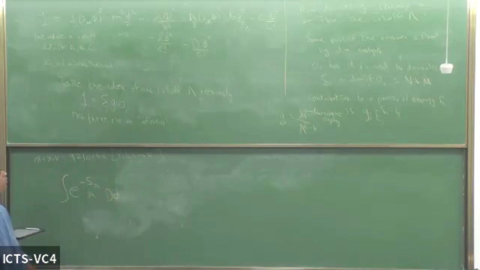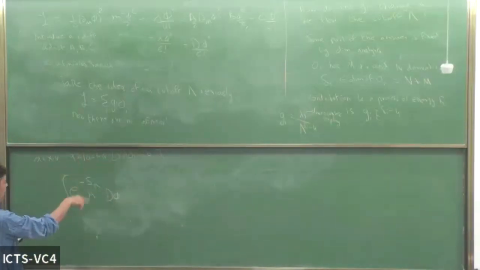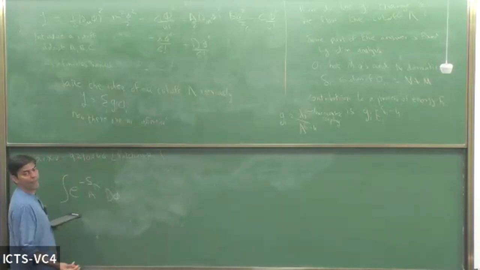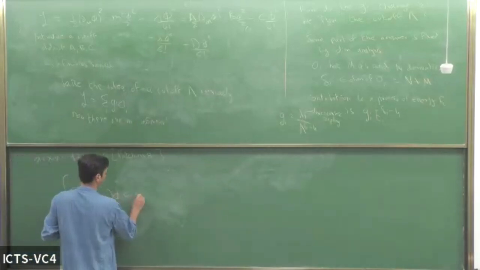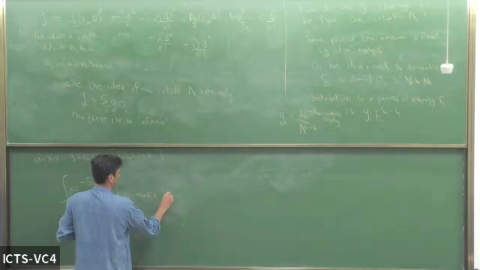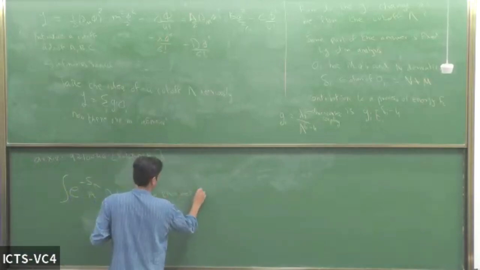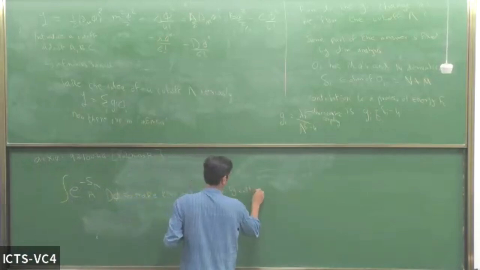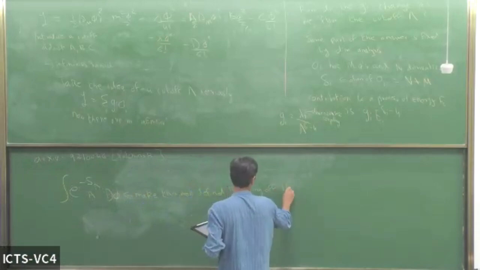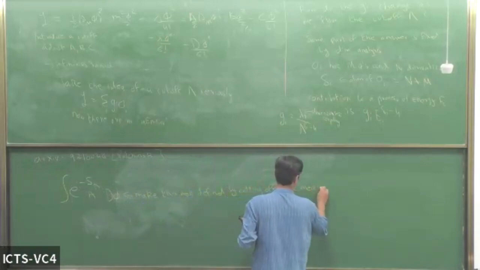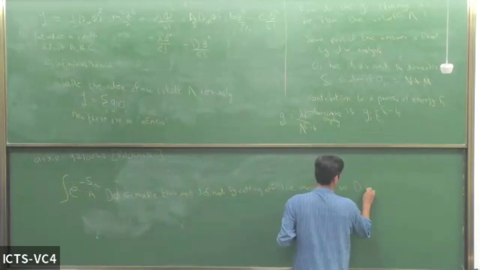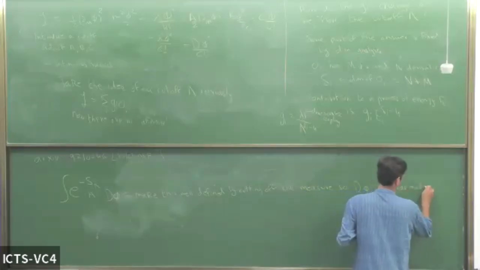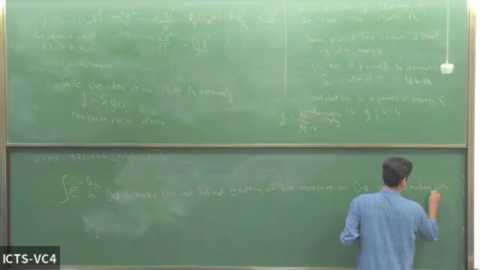Then this process of flowing the cutoff, so in this integral, what you do is you say that I will only integrate over modes that are below lambda. So you can make this well defined by cutting off the measure so that d phi only has modes with energy smaller than lambda.